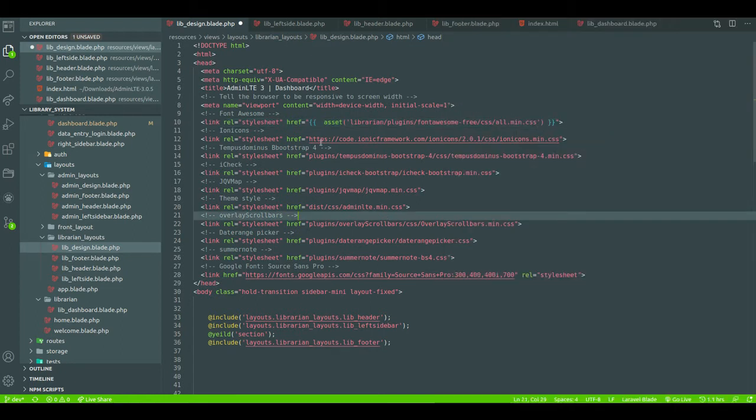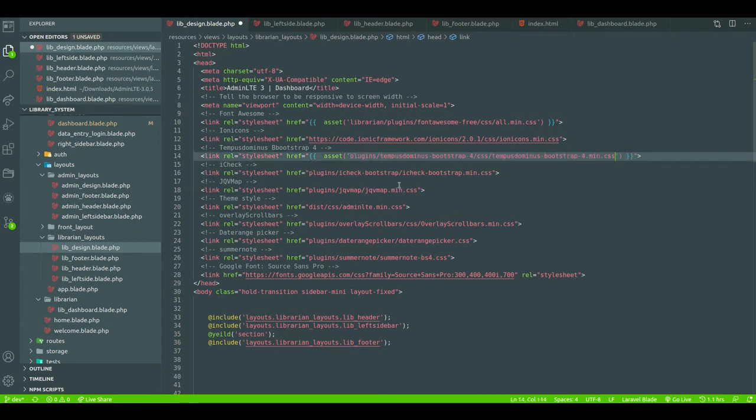Next thing is this one is online, that is needed. Okay, do one thing. Here we also need this asset. So I just skip it.